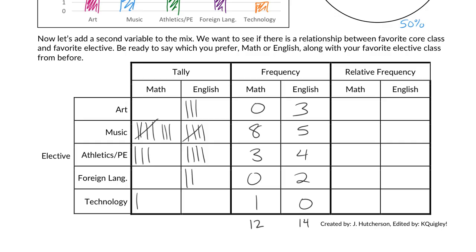14. So we go find now our relative distributions for each option. For finding the math, this one's easy. For math and art, it would be 0 out of 12, which is 0%. Then we would do 8 out of 12. Do you see how this is working? Yes? Can we fill out the rest of this table on our own?